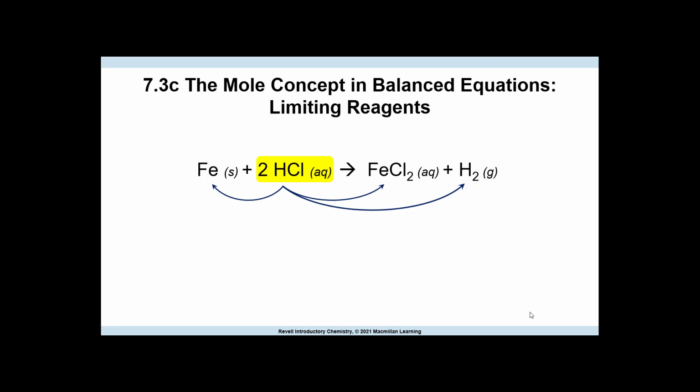So for example, if we look at the amount of HCl involved in this reaction with iron, we can determine the amount of iron needed to react with it, or the amount of iron(II) chloride or hydrogen gas that is produced. So through one, we can figure out what the other amounts were either produced or consumed in this reaction, which is good because you don't want to put too much or too little